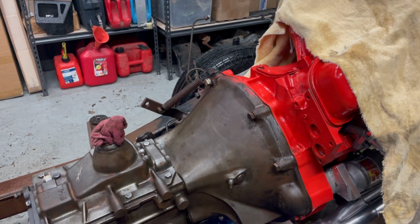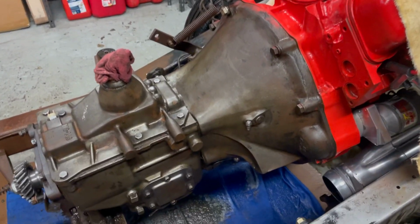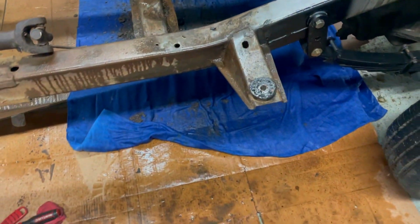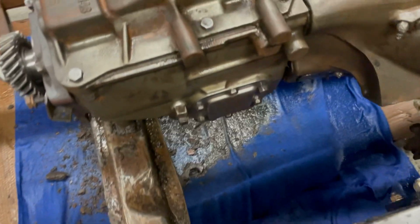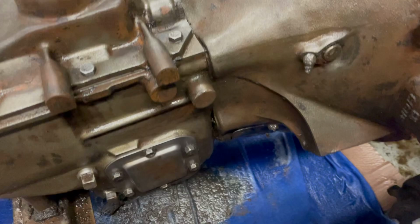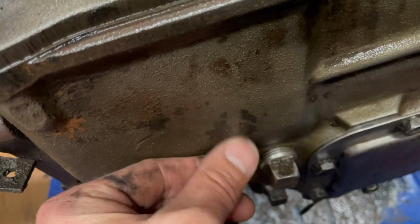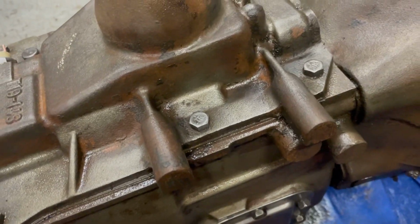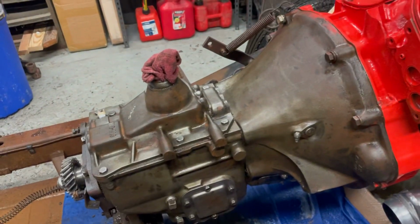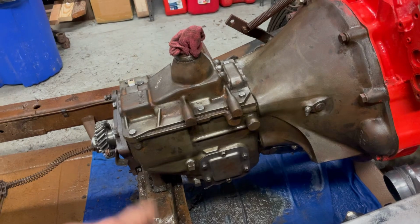All right, so, I don't know, an hour, maybe an hour and a half later, I made a big mess. I did use water, but if you use a blanket, it captures all the grease. Yeah, she's clean enough. But now the bummer is the top two-thirds is done, and I can go back and get little detail stuff like this, but the bottom is not. So tomorrow, I'll take the transmission off, take the cross member off,